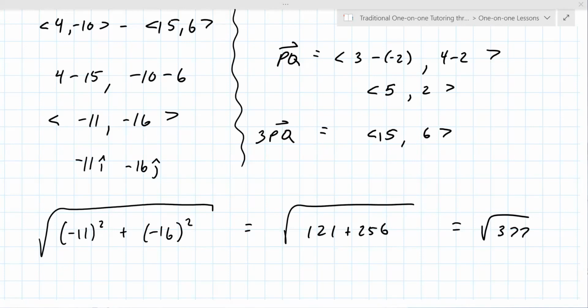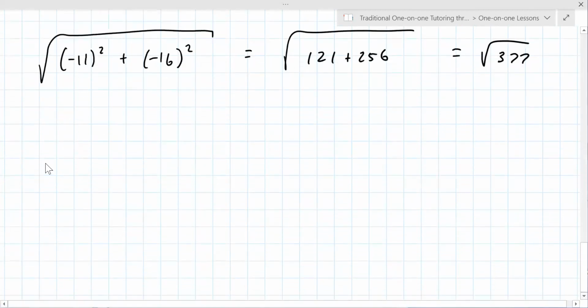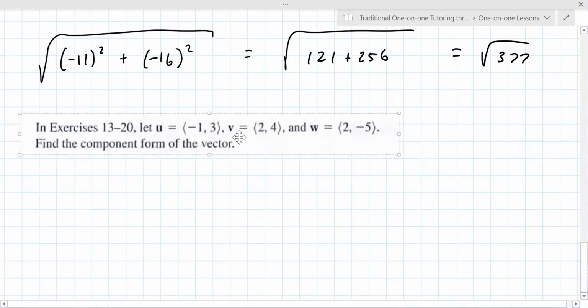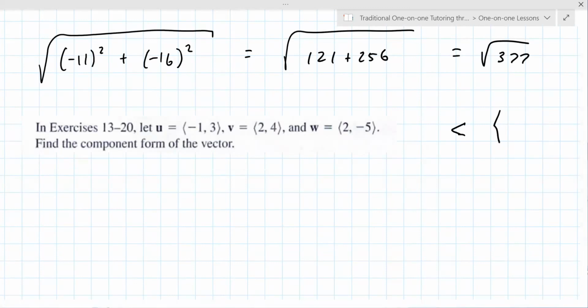Okay, so 13 through 20 here, they give you a new set of vectors, but this time they've already given them to you with the angle brackets. And I'm using more of the fish mouth thing. They're more, I don't know, vertical. Let's see, you have 17 and 19. So 17 says